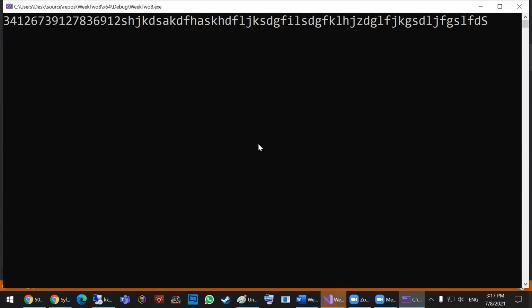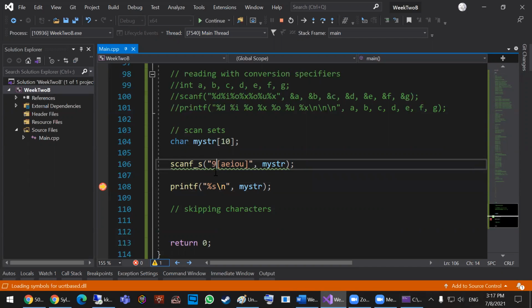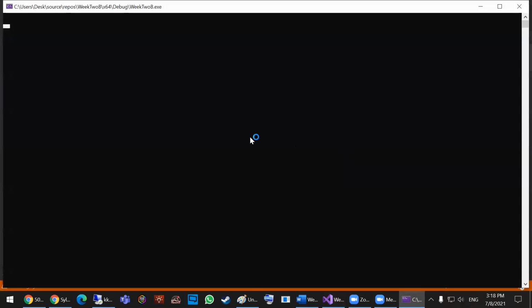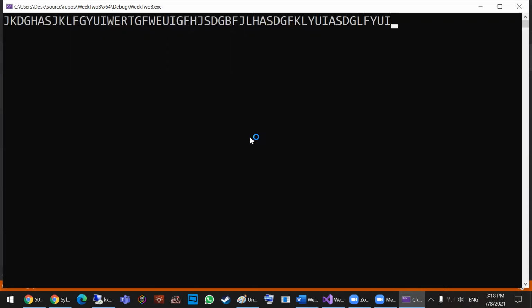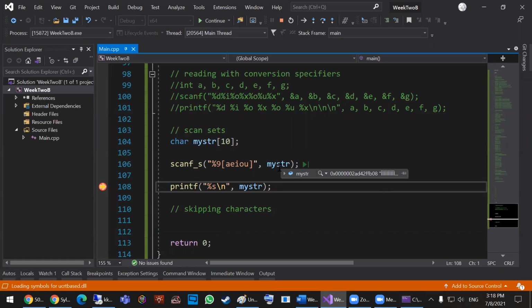Oh, I didn't tell it. I didn't tell it to read capital letters, small letters. Boom. So now my string will have